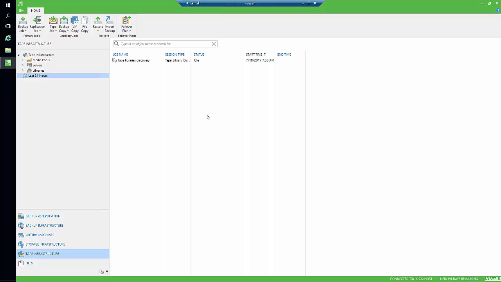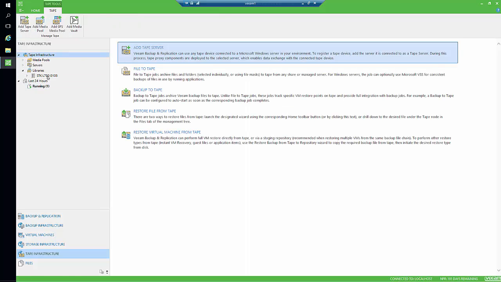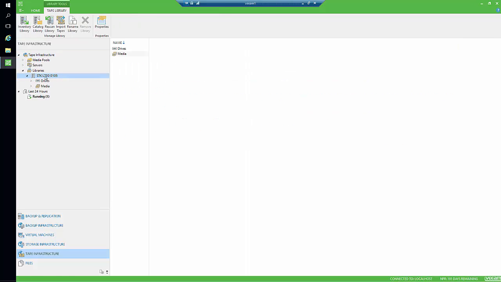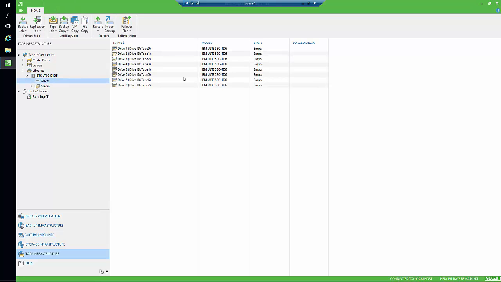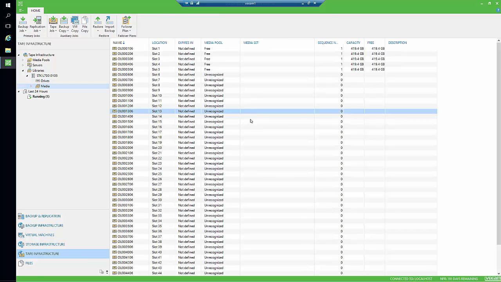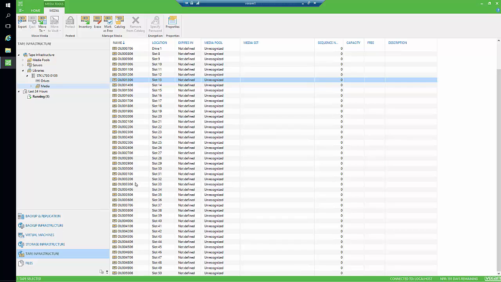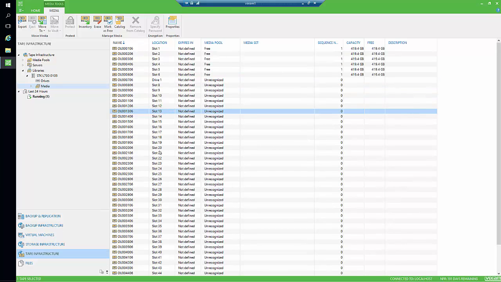Now again, when we created this vault, we only created it with 50 tape cartridges to limit the amount of time it will take on an inventory. If we actually go up to our tape infrastructure, down to libraries, expand this library, Storage Tech L700, that is what we're emulating, we can see the 8 individual tape drives, and here is the media. So the 50 tapes that we saw in the vault when we created it,